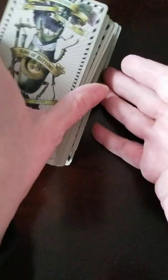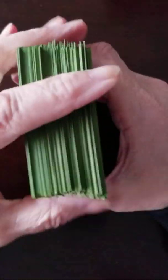So there we have it. I hope you enjoyed this little reveal. They are really pretty cards. They feel really good in the hand. They are thick, thicker than a regular deck. I can show you another deck, right? You can see it's significantly